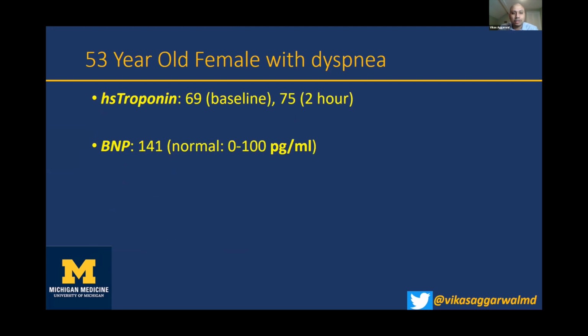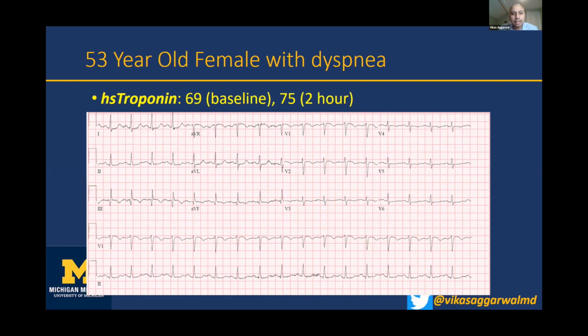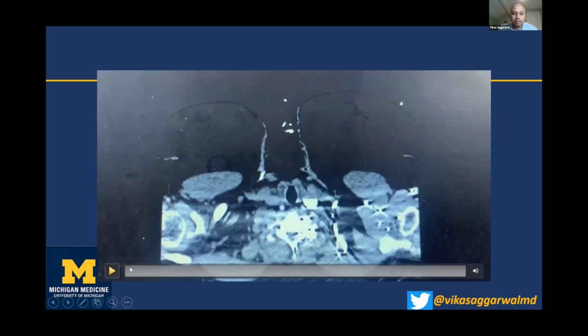Her high sensitivity troponin is 69 at baseline, and then at 2 hours, it's 75. At our institution, 19 is the cutoff of normal. Her BNP is 141, normal being less than 100. Her ECG has some T-wave inversions and essentially sinus tachycardia. Her CT scan